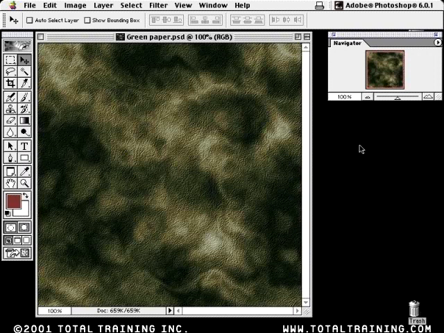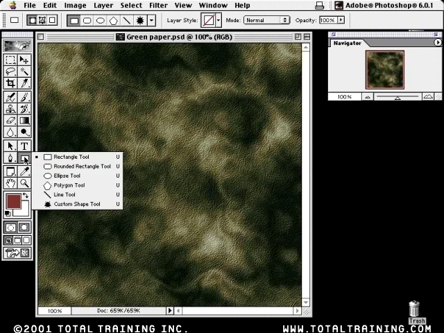Right now we're going to look at shapes. And shapes are these guys down here. Inside the toolbox, you'll see a rectangle tool, and you get it by pressing the U key, for "looky you." There's some shapes. I'm not sure what the U stands for, but anyway, you can click on the rectangle, and